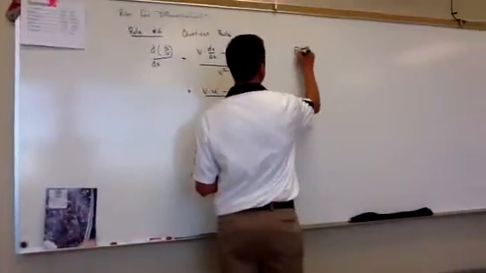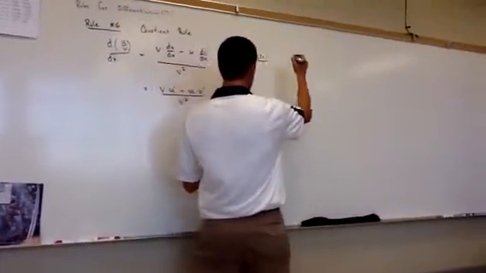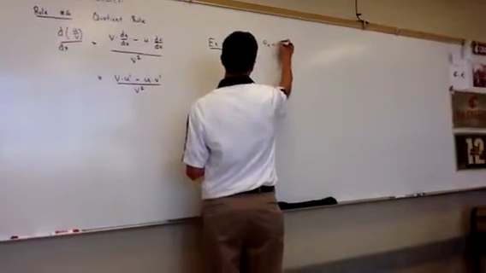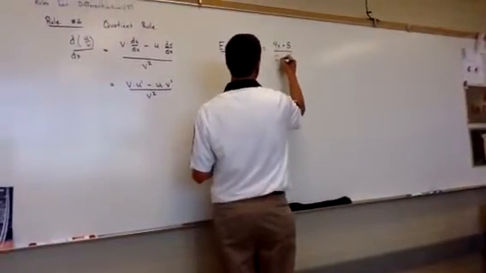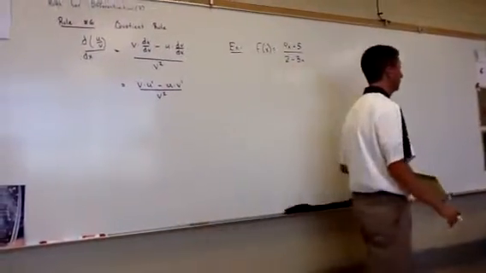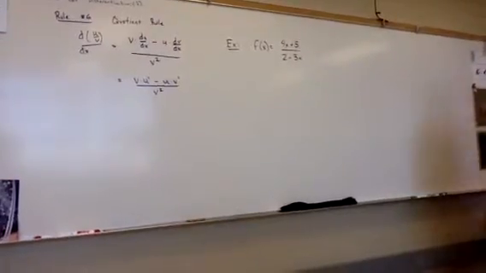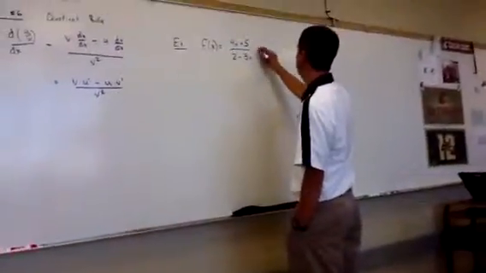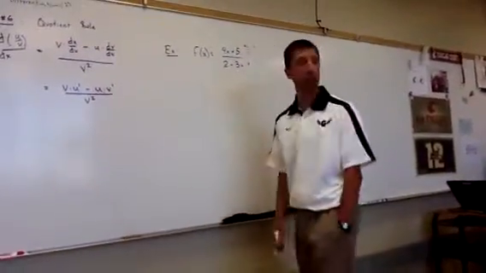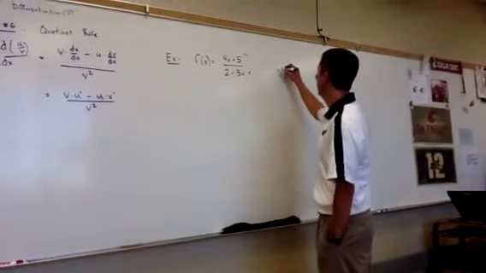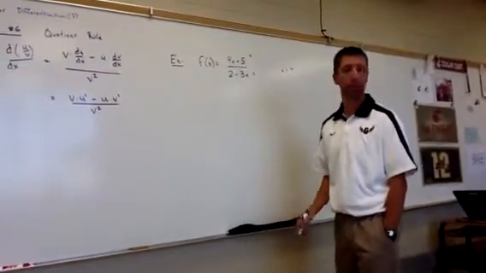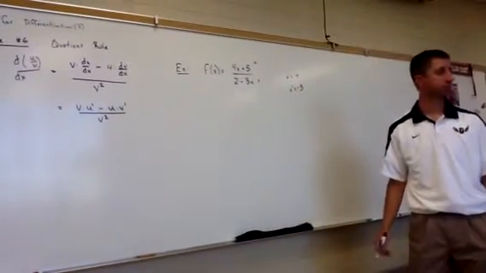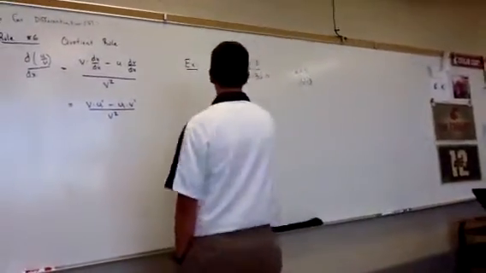F of x equals 4x plus 5 all over 2 minus 3x. Okay? So again, it doesn't hurt to come over here to the side and say that this is my u, this is my v. So then my u prime of x is 4. My v prime of x is negative 3. So then f prime of x